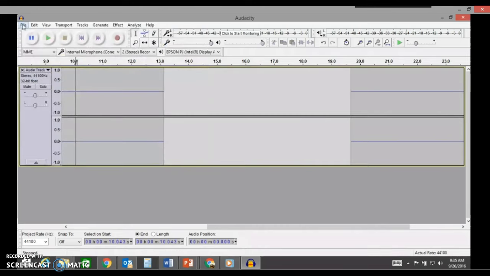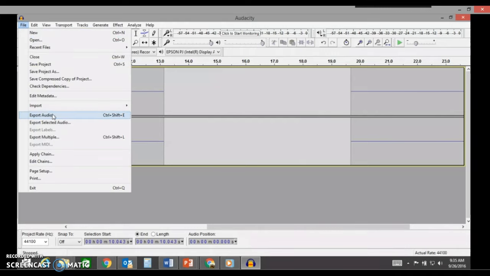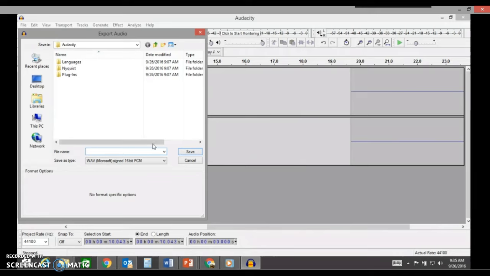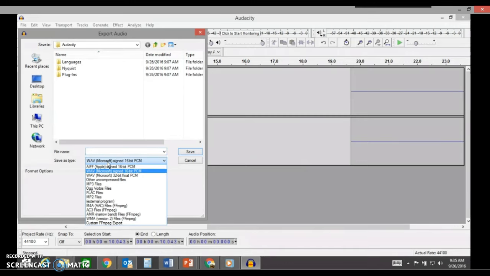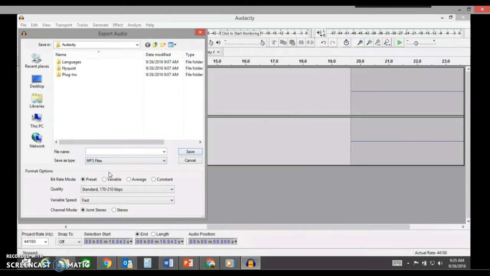When you're done with your project, it's a little bit different process. You click File, and now you're going to select Export Audio. Okay? And this is going to give you a bunch of different options now for how to export it. The two easiest ones are the default setting, which is a WAV file, a Microsoft file, or you can choose an MP3 file. Either one will work. Okay. And in the MP3 settings, you can just leave it there. But when you click Save for that then,